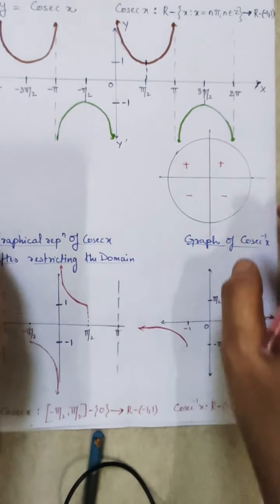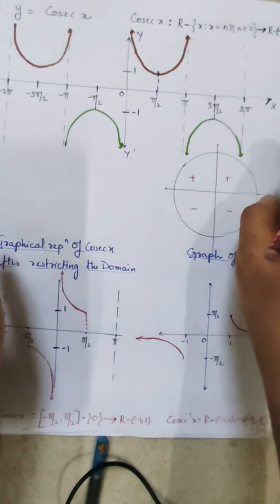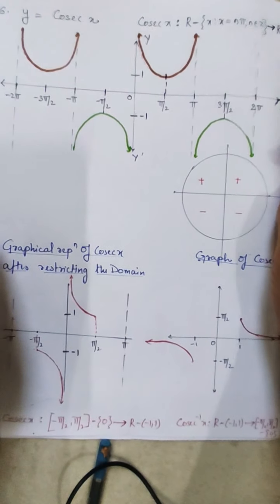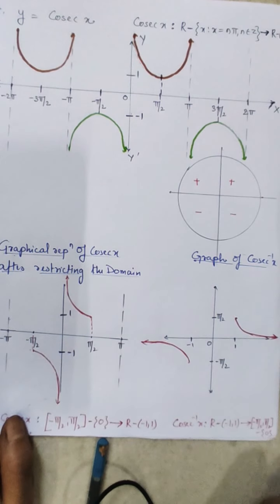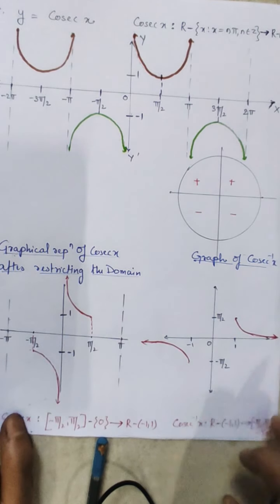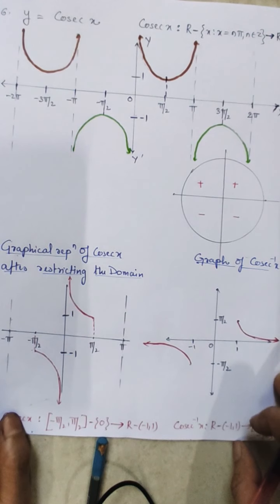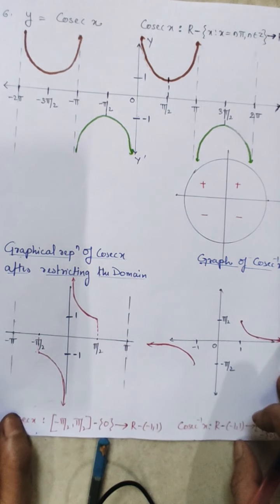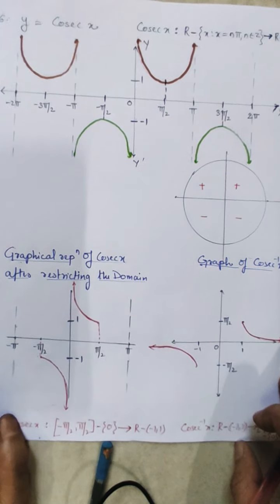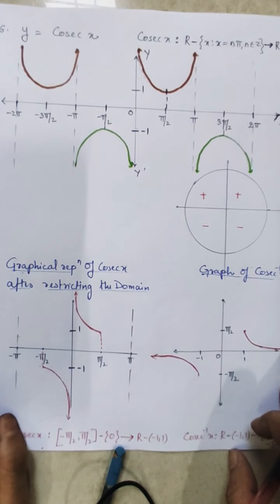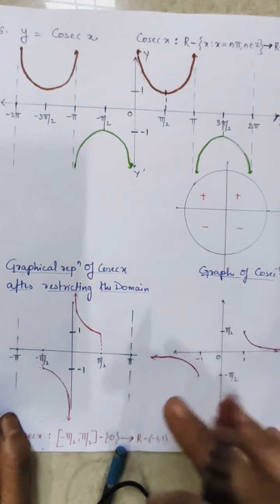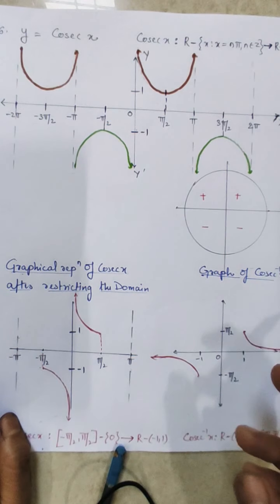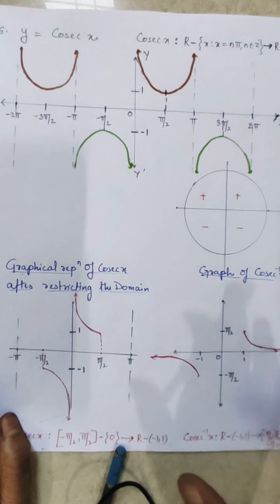Now students, I think you are clear with the inverse functions of trigonometry, the graphical representation, the domain and range, that is, the principal value branch for all the inverse trigonometric functions. Now we will be solving some questions related to this chapter, only the first part, that means finding the principal value branch or evaluating topics related only to the principal value branch.